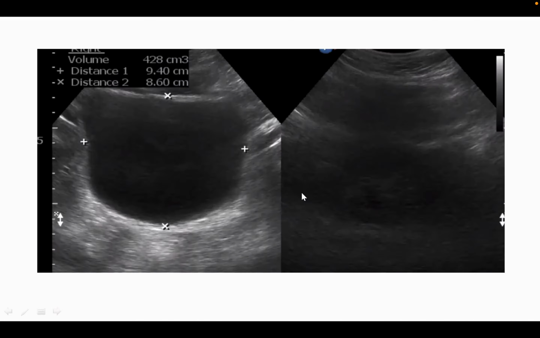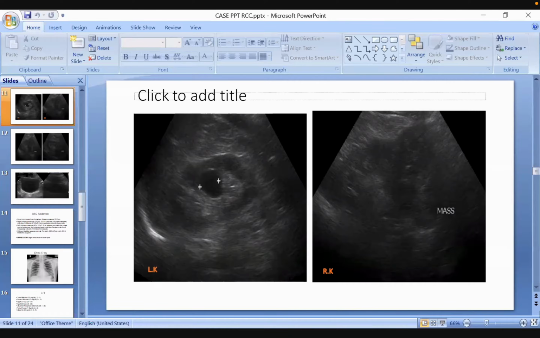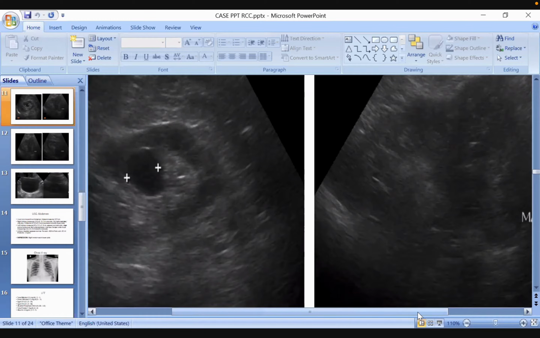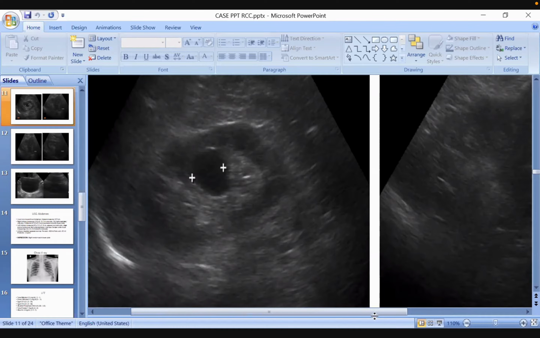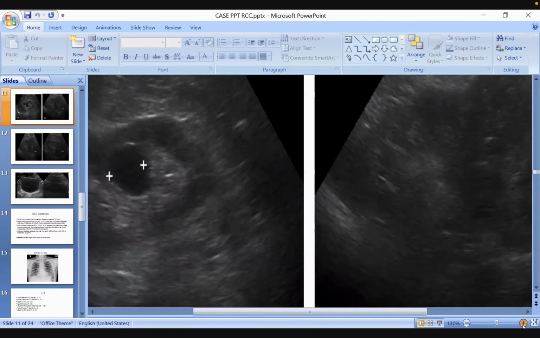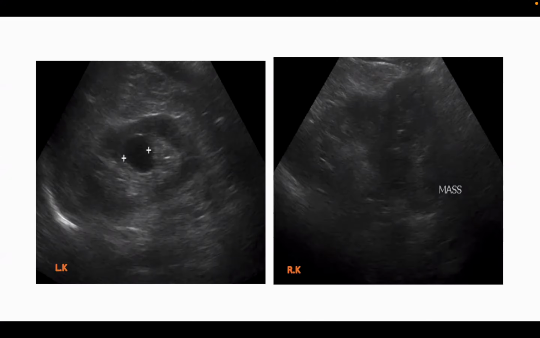Left side. There is a fine enhancement-like appearance on the wall. Use proper terms. Now, what is enhancement in ultrasound? Okay. Hyperechogenicity. There is the wall of the cyst on the